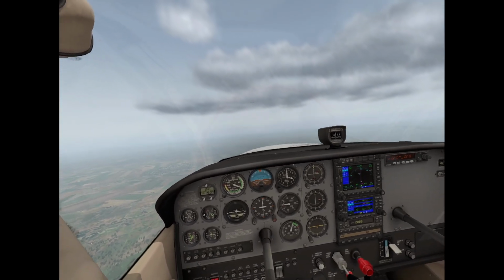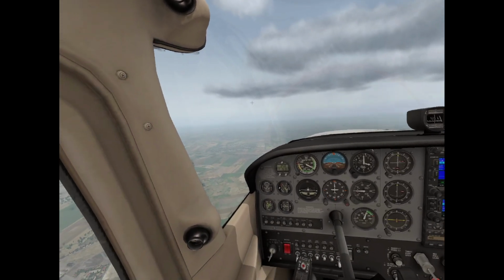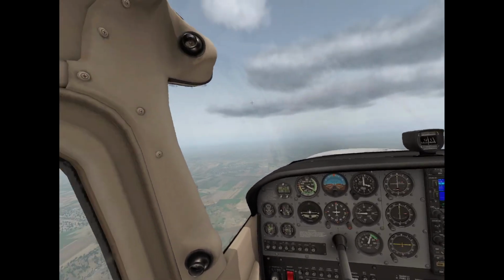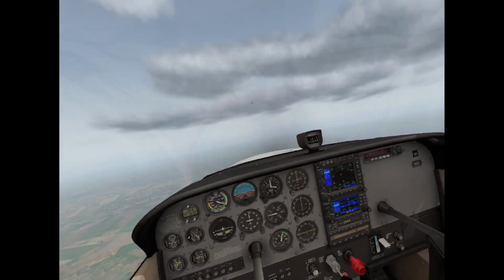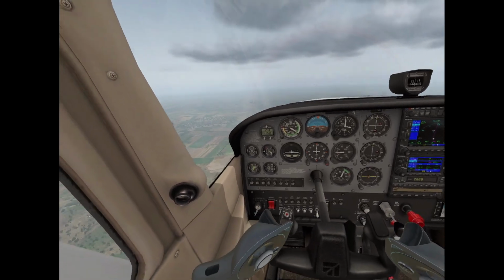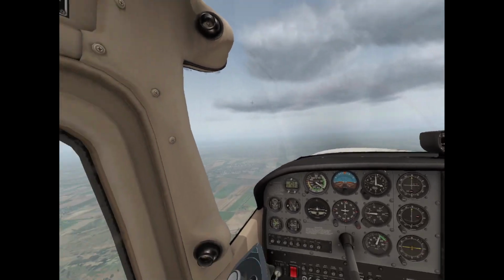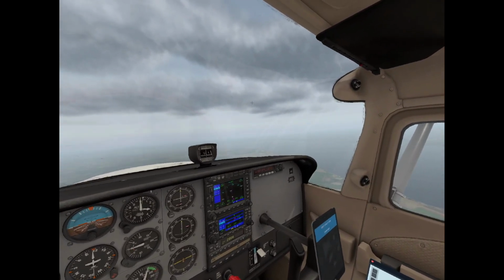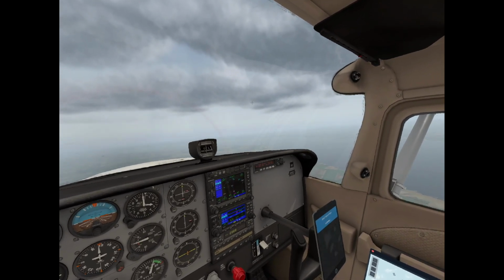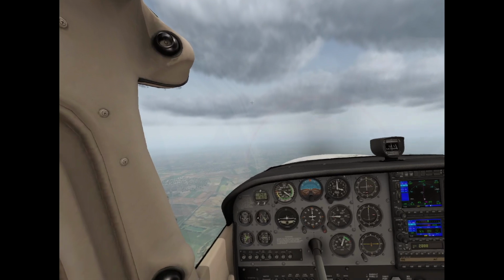Hurry up a little bit. I could actually make this quicker by using a faster aircraft. But this is one of the few aircraft that comes with the game that has the fully interactive cockpit. There are a couple of others. There's a fast jet, which one is it? Can't remember which one it is now. I can picture it, and I've forgotten the name of it. Is it Phantom? I think it's Phantom, which has pretty solid...